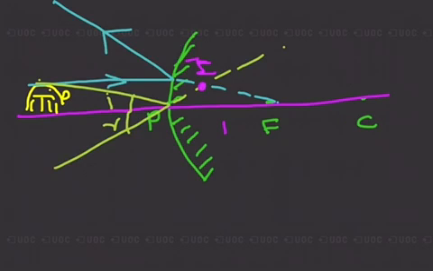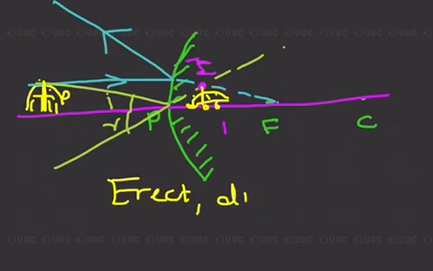So now let us draw the image which is apparently smaller than the actual dog. So this is our miniature dog, but it is erect. So the image formed by a convex mirror is always erect. It is smaller or diminished, and since the rays don't actually meet